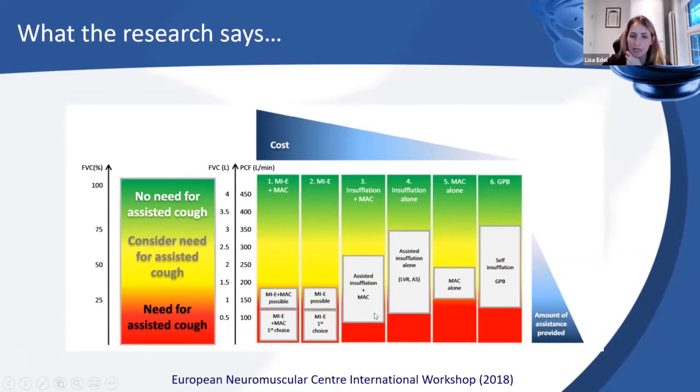and combining that with a manual assisted cough, or here just using the LVR bag, and the AS stands for air stacking, or breath stacking as we call it. And then obviously if you're a bit stronger here, then you could use a manual assisted cough alone. Now here,